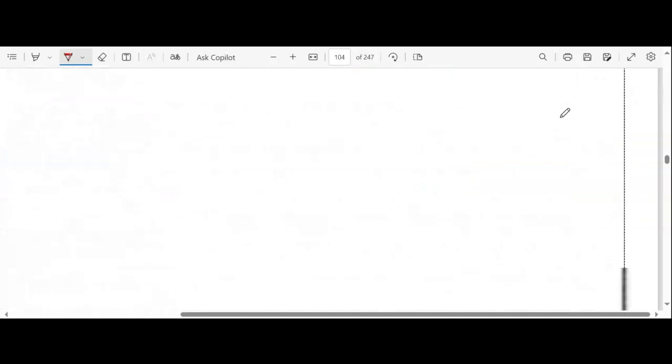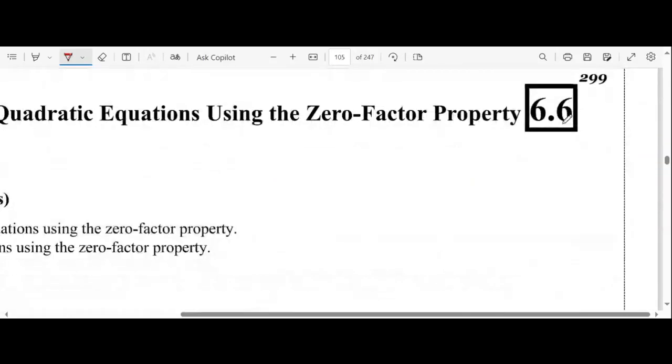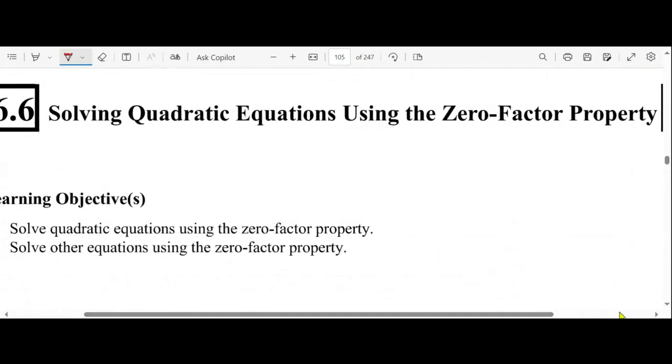This is classwork. Now let's go to quadratic equations using the zero factor property. Zero means what? 0. So solve